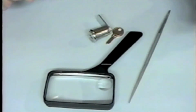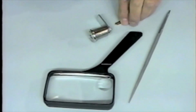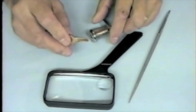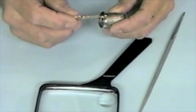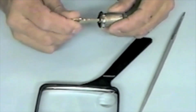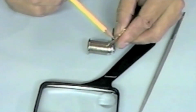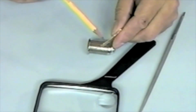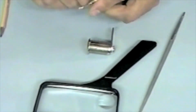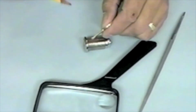I would like to just briefly talk about the process of impressioning a key to fit a lock, and what happens when we say we are going to take a key blank and make it fit a lock. We simply take the key blank, insert it into the lock, twist it a little bit against the tumblers and bind it, and make impressions on the top of the key blank. We then file down the impressions, reinsert the blank back into the lock, try to get more impressions, and when we get the cuts deep enough,